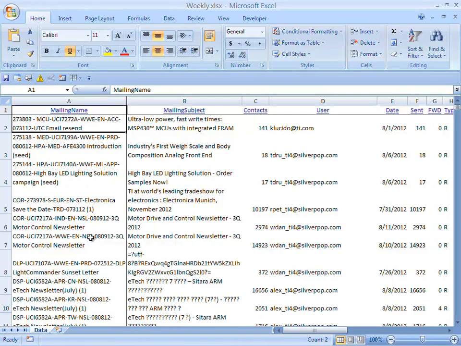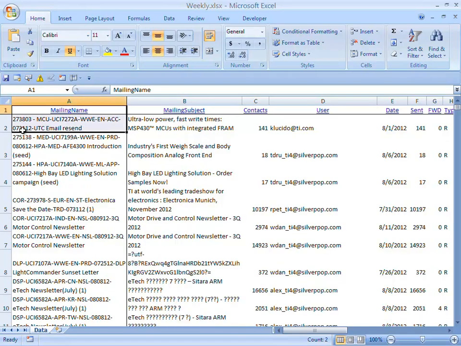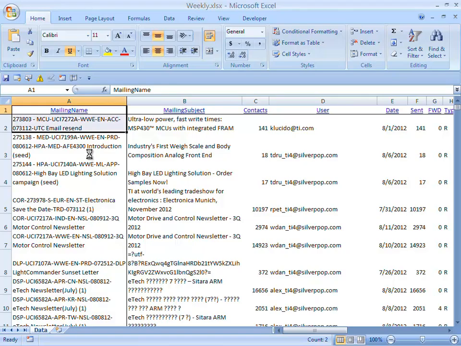And then it goes through, and it uses a regular expression to read the mailing name and breaks out the business unit, the unique identifier, the region, language, type of campaign, date it was scheduled to be sent, and then actually I don't break out the descriptive, this last little bit here, because we don't use it in our metrics, but that could be done. I just didn't include that. And right now it's going through